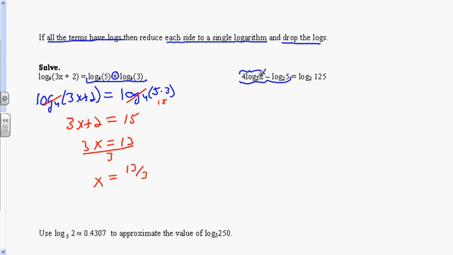4 times log of x is the same as, I'm going to change this, log base 2 of x to the 4th. That was one of the properties we discussed. The power can be put down in front and multiplied times the log. When I change that, I'm then able to take care of the other log